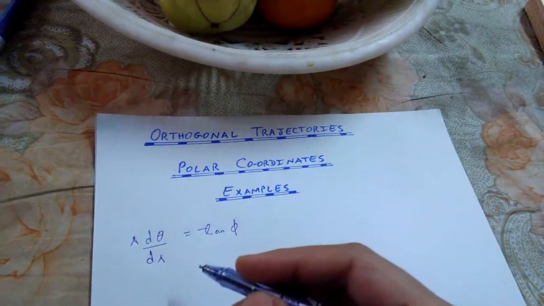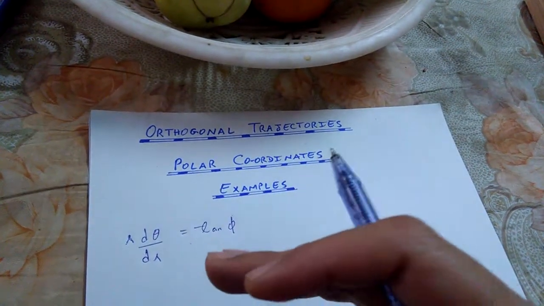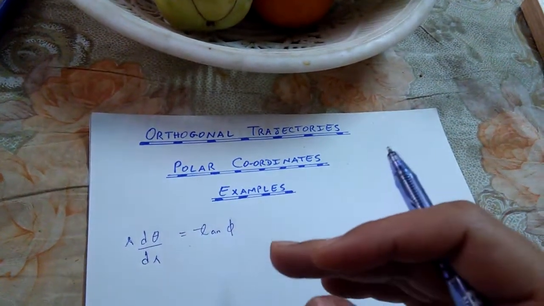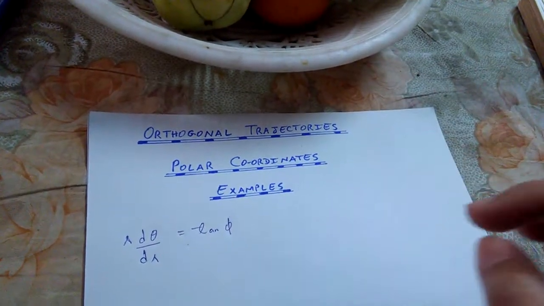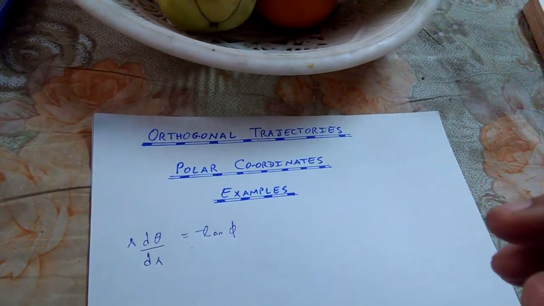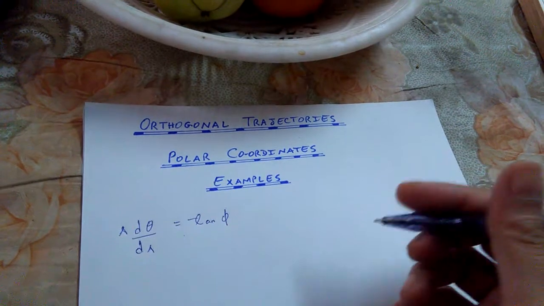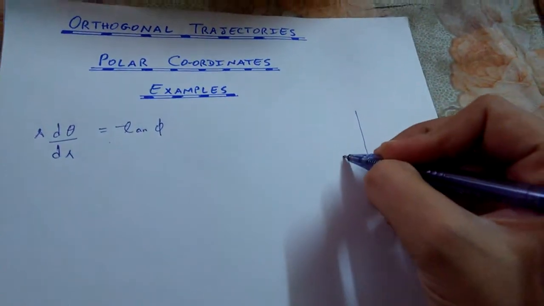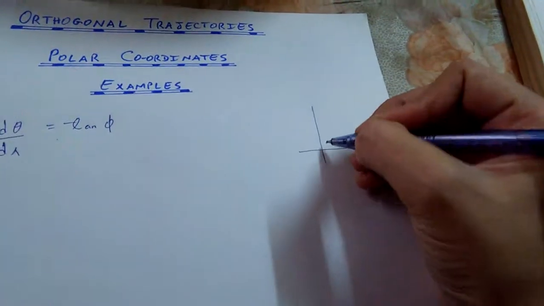So if we have a certain slope of a tangent line at a particular polar curve at a certain point, what is going to be the equation of the orthogonal trajectory? We discussed that for instance,